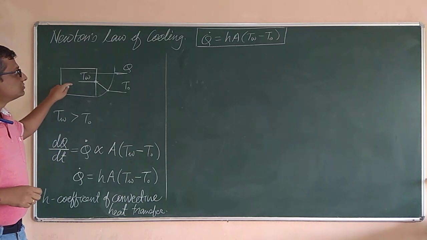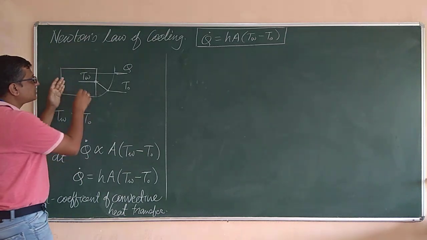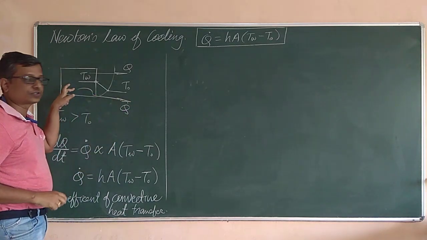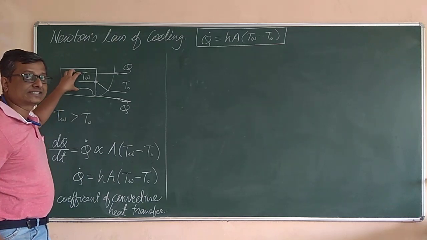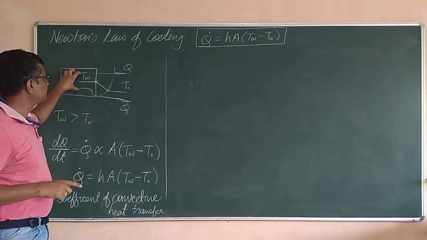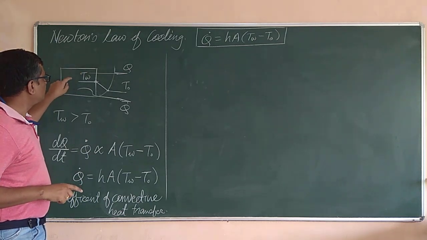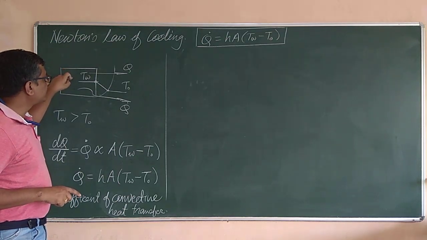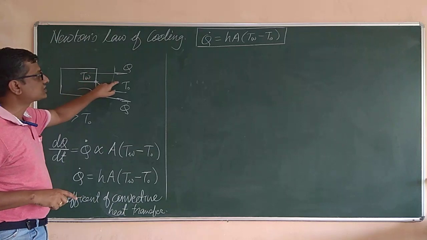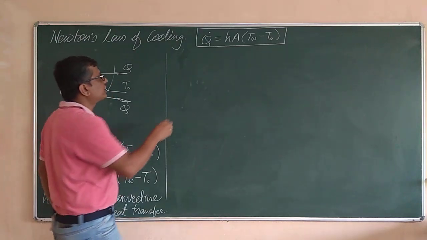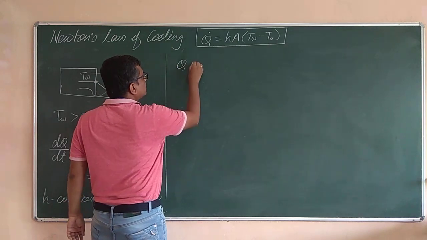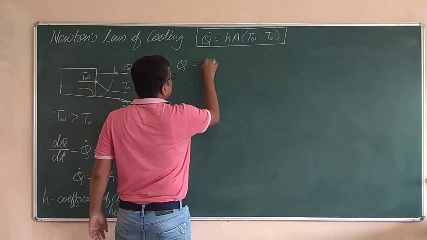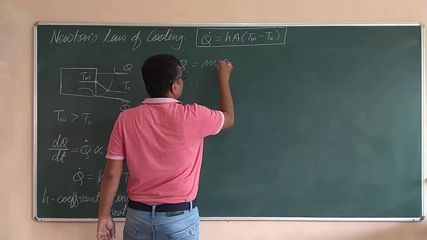See, as the heat is transferred from this hot object to the surrounding fluid, as there is a flow of heat with respect to time, obviously the temperature of this block itself will start to decrease, right? Now if I check how much is the decrease in temperature, or the rate of decrease in temperature of this body, and relate it to the temperature difference of this body and the surrounding fluid, first of all, I would like to take Q. What is this Q? Q is the heat possessed by this solid object. I will say this equals the mass of the object into the specific heat of the